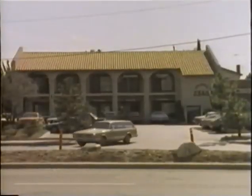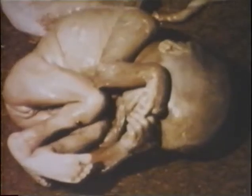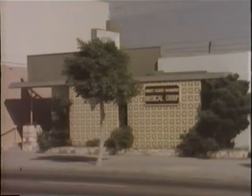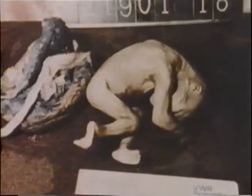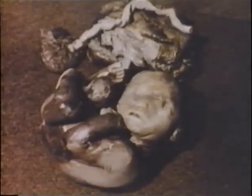who run the clinics. Now, we've had some recent investigations on the question of these clinics. Clinics are being franchised out like fast food services across the country. We know there are chains of them in California and through the Southwest, and even in the Southeast of the United States. And there is some evidence now that increasingly these clinics are falling into the hands of the mob, of the crime syndicate here in the United States, and that this money, abortion money, is tainted not only by the blood of the innocent victims of abortion, but by the dark hand of the crime syndicate in the United